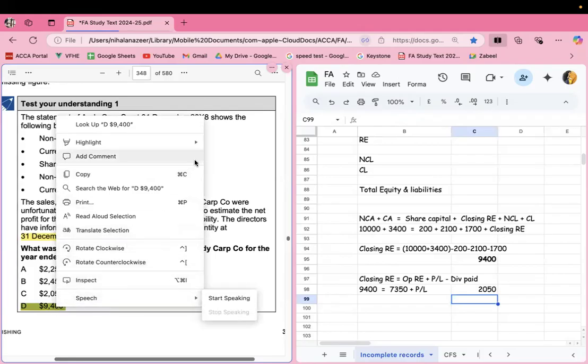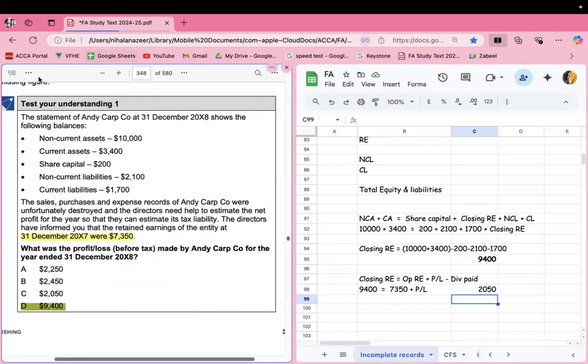How do you remove the highlight? I don't know. Okay. So anyhow,